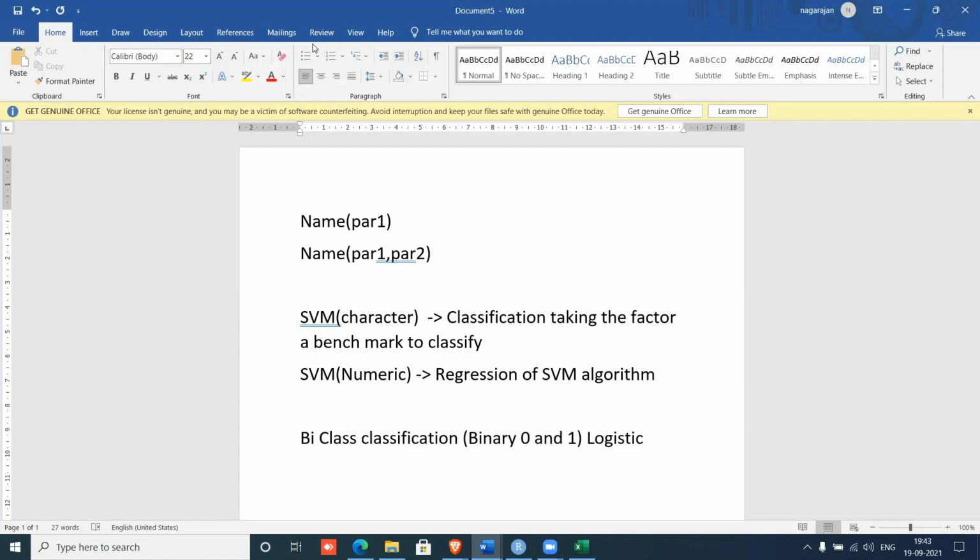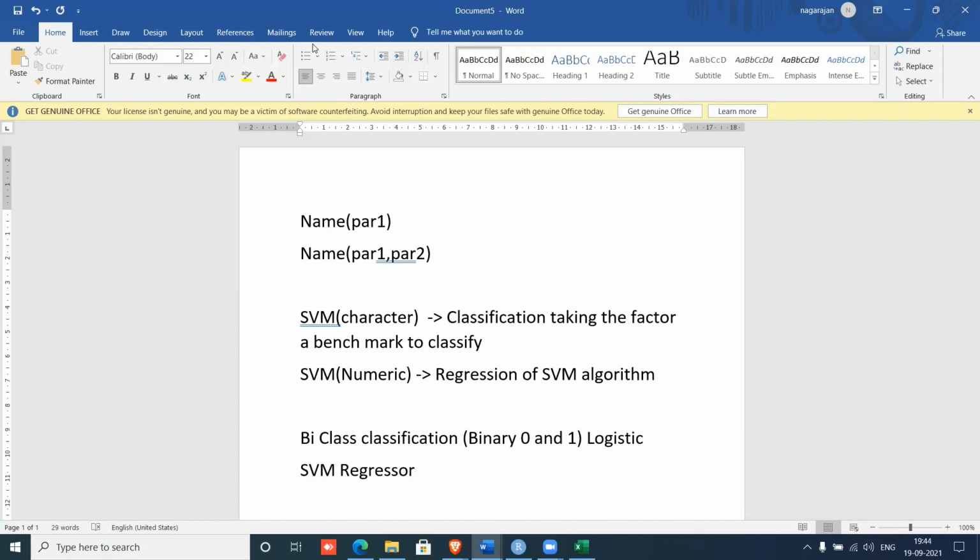But the client has asked me for 95% precision, for example. In this case, logistic is not giving me that 95%. I cannot go and modify the data and say it is giving 95. So what we will do is apply the next stage, the SVM regressor. Even though it is binary,